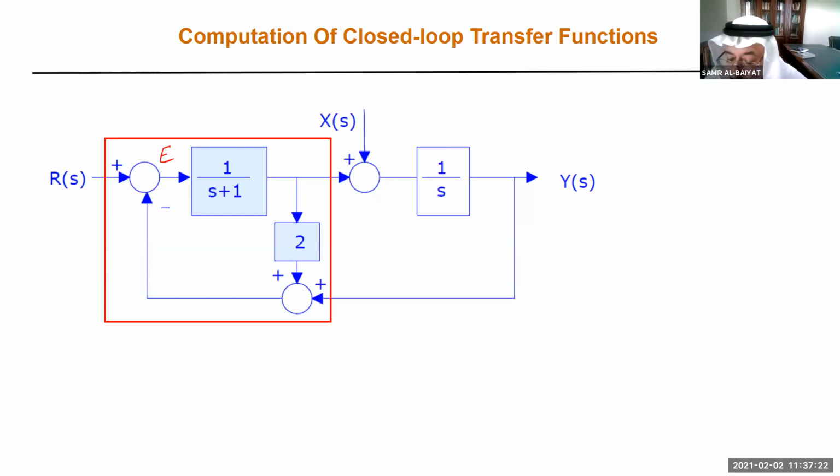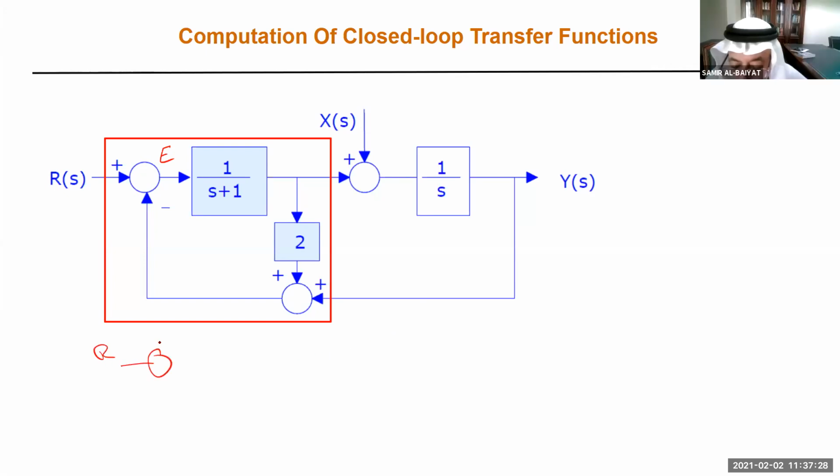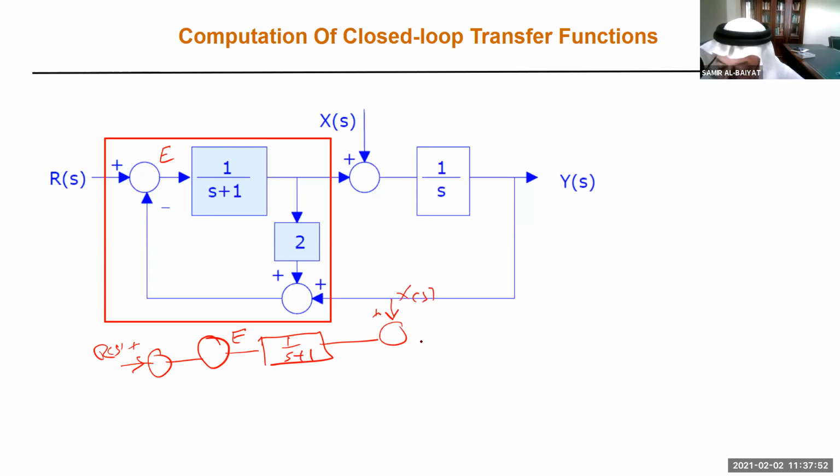Let's have R of S, and let me break this one into 2, and you keep this as E. One of them is 1 over S plus 1. This is X of S plus 1 over S and Y. Now, in here, let me break this one also into